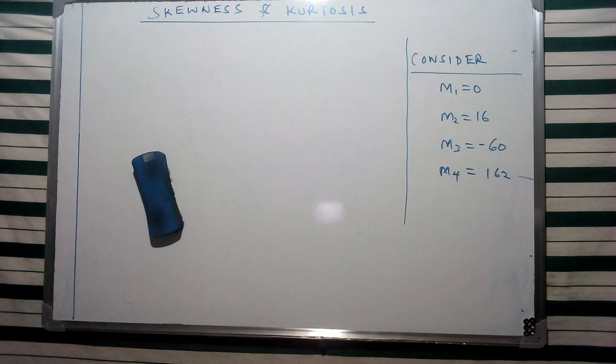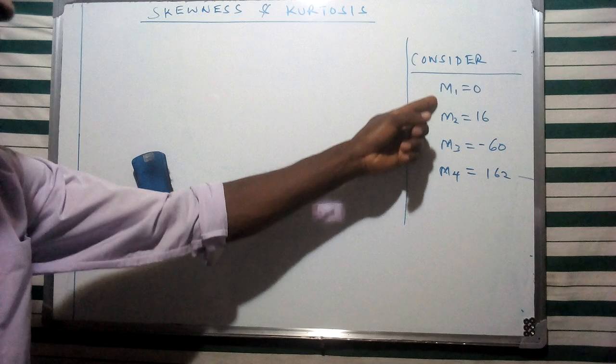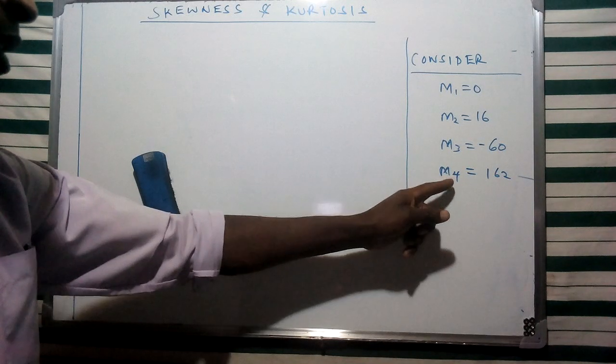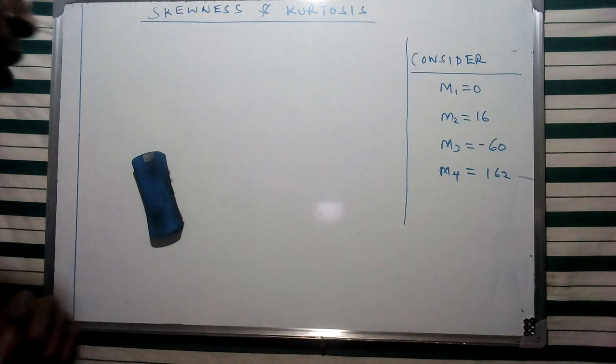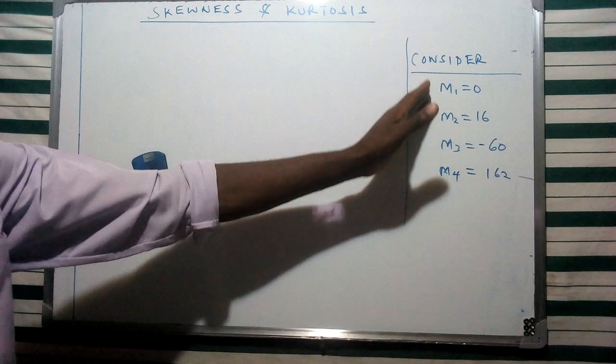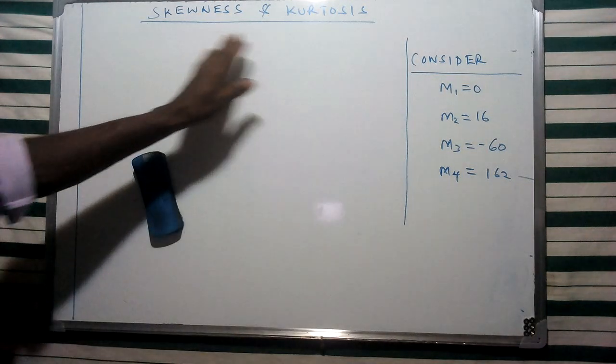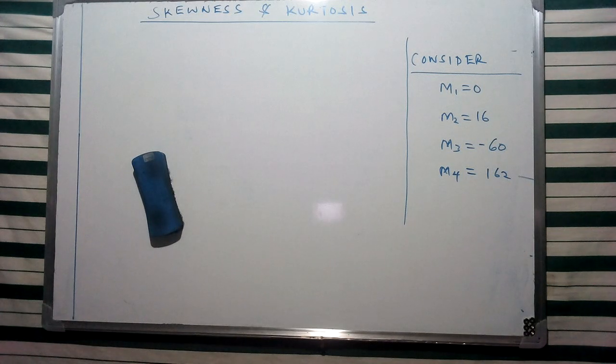Now, in this case, we are given a specific set of the moments of distribution, given in terms of the first moment, the second moment, the third moment, and the fourth moment about the mean. We're going to use this data in trying to evaluate the concept of skewness and kurtosis by using the method of the moment coefficient of skewness. Now, I mentioned from a previous video that we can use three ways of measuring